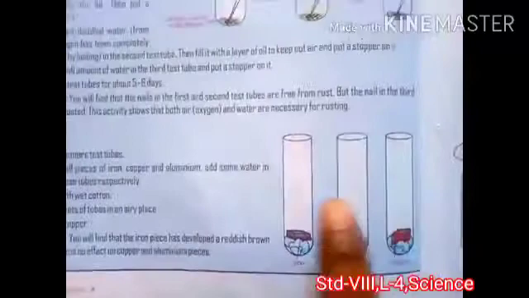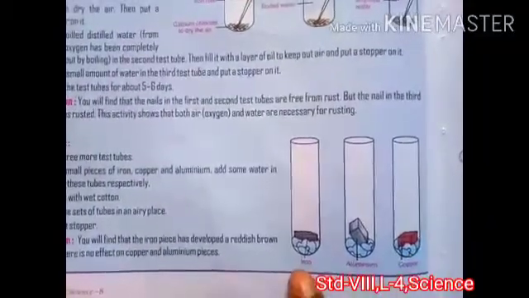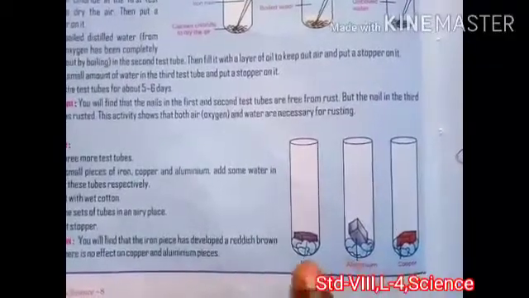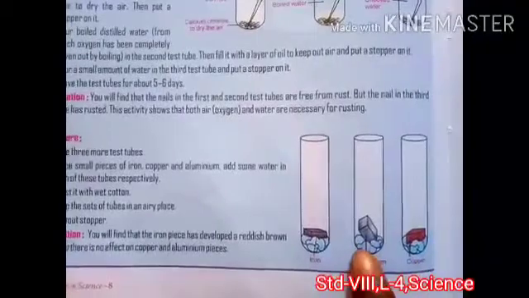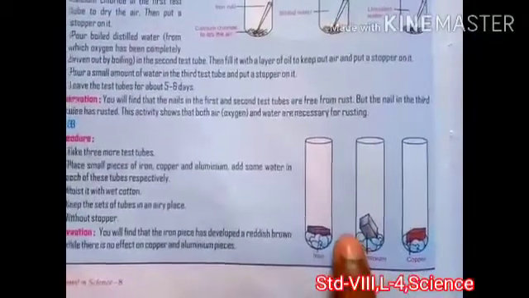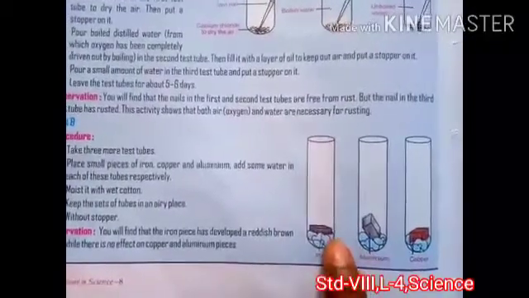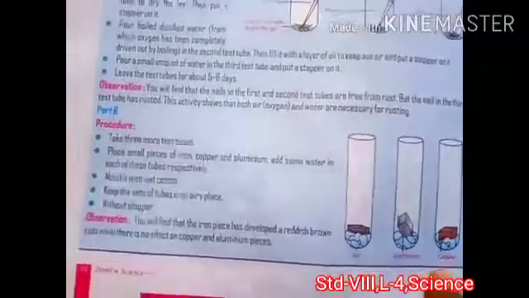As you can see, three test tubes are there. We put some water in them and put the metals, iron, aluminium and copper, and moistened cotton here. So leave it as it is. For some days you will see that the iron will rust, a brownish colored rust will appear on the iron, while these two remain as they are.